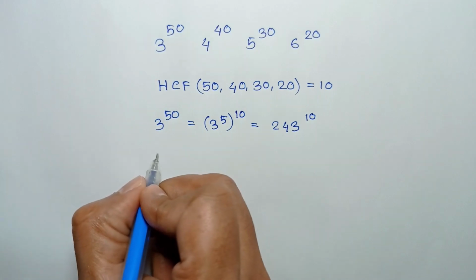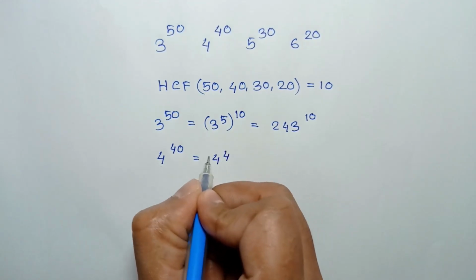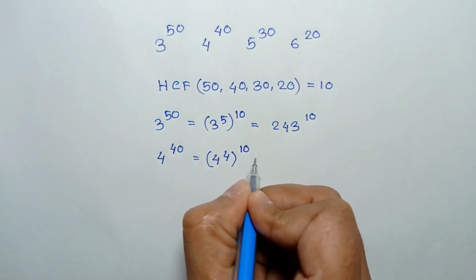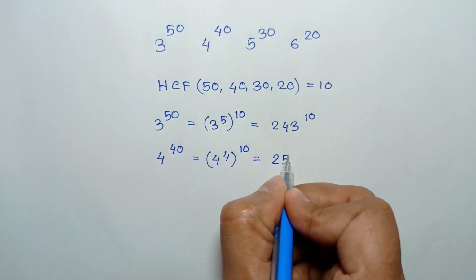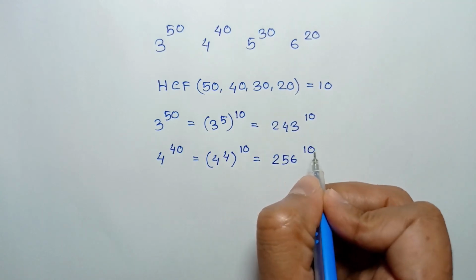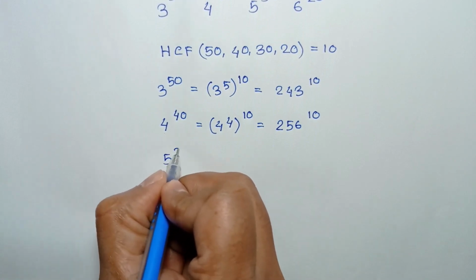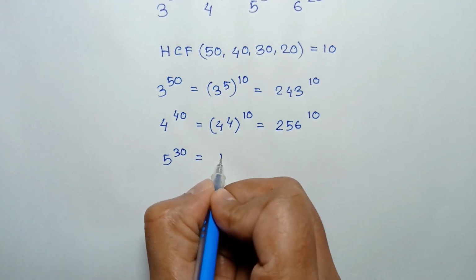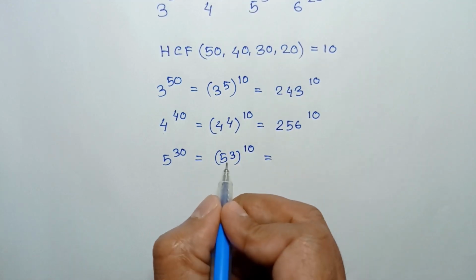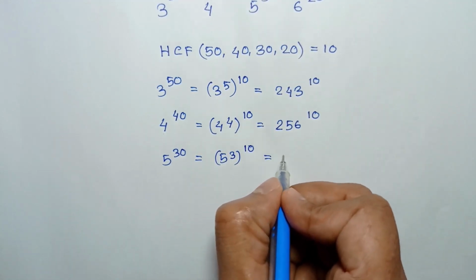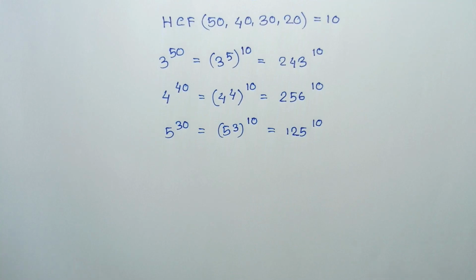And 4 to the power 40 is equal to 4 to the power 4 whole to the power 10, is equal to 4 to the power 4, which is 256, whole to the power 10. And 5 to the power 30 is equal to 5 to the power 3 whole to the power 10, is equal to the value of 5 to the power 3, which is 125, whole to the power 10, and 6 to